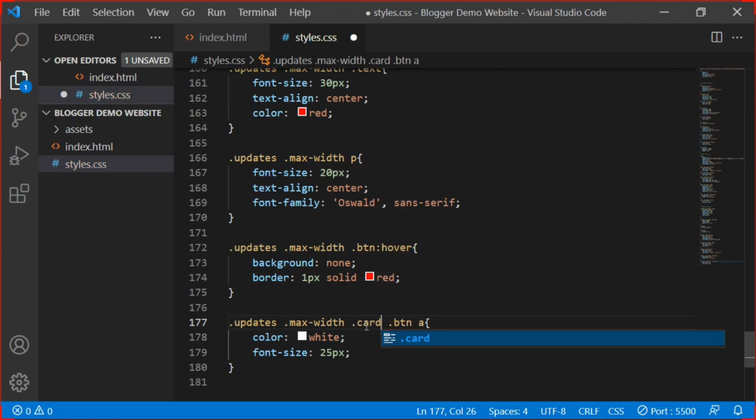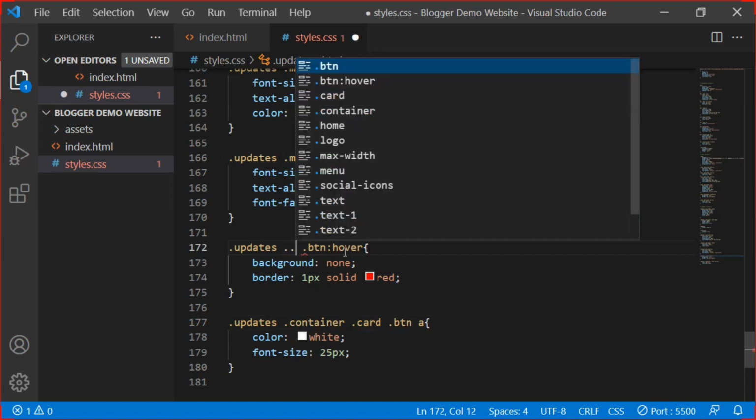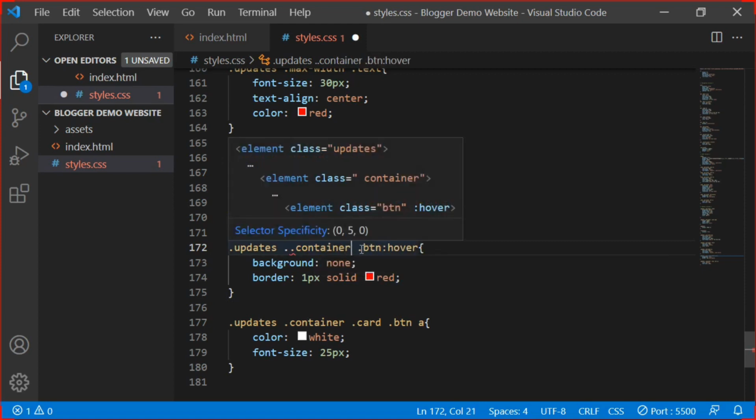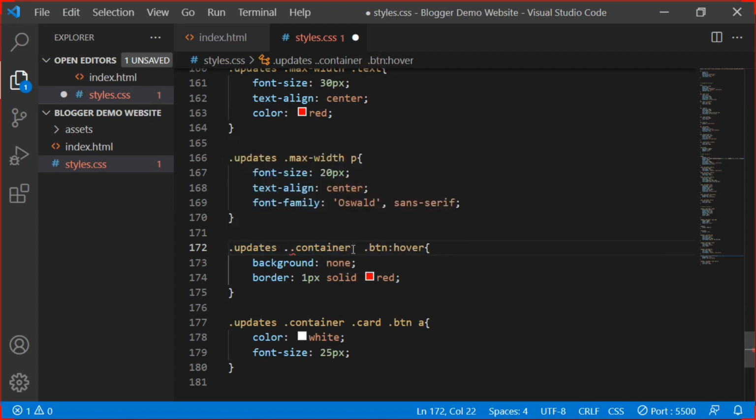Actually, here I'm going to remove it and change it to container. Also here I'm going to remove and change it to container, container, and then here also card,